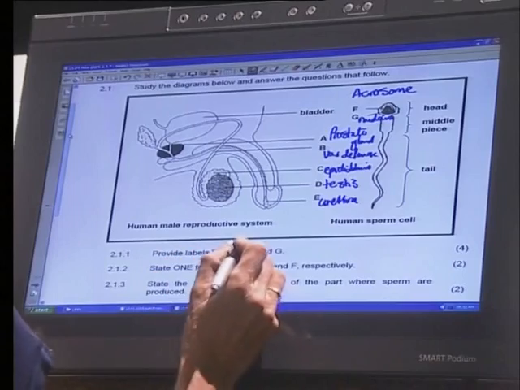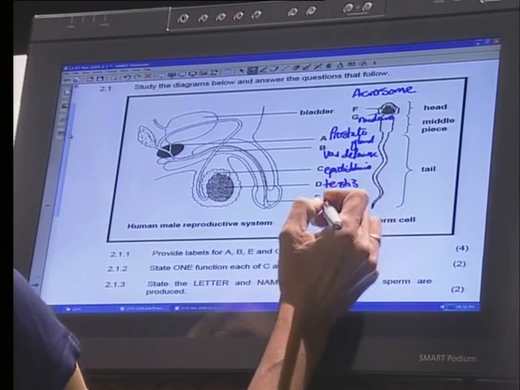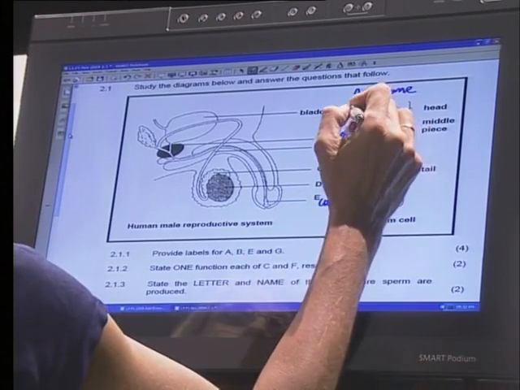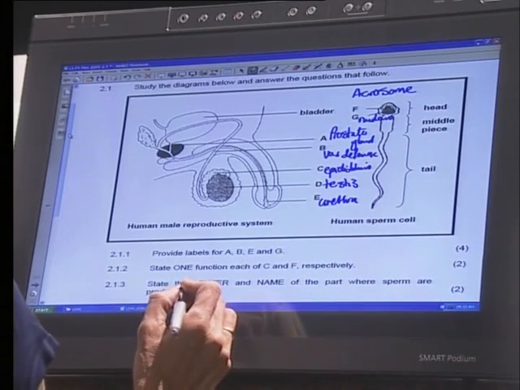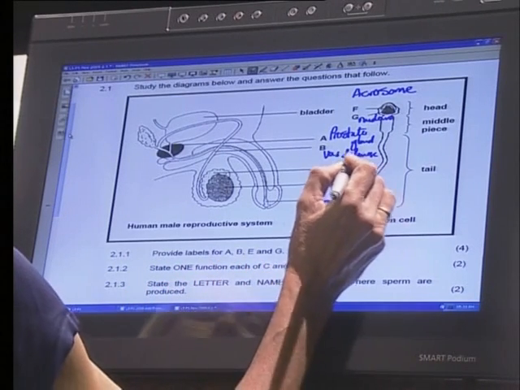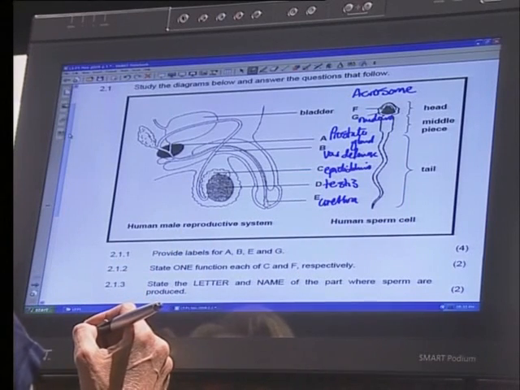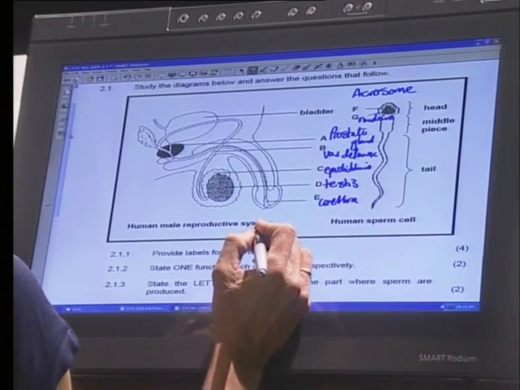So here you're going to say A is the prostate gland, B is the vas deferens, E is the urethra, and G is the nucleus. And it's the nucleus of the sperm cell, all right? Okay. Then state one function each for C and F respectively. Now, what does the epididymis do? Because C is the epididymis. What does it do? It stores the sperm. That's correct. You just have to say the epididymis stores the sperm cells